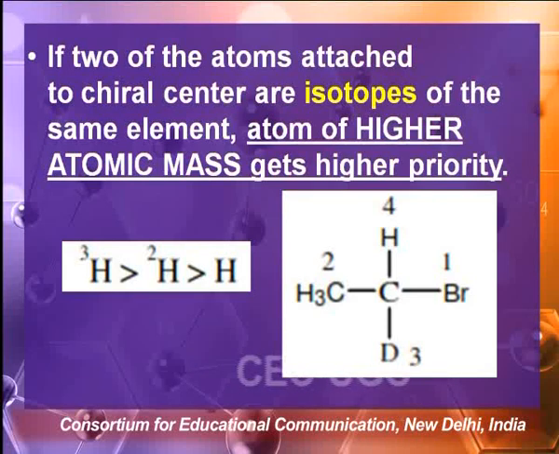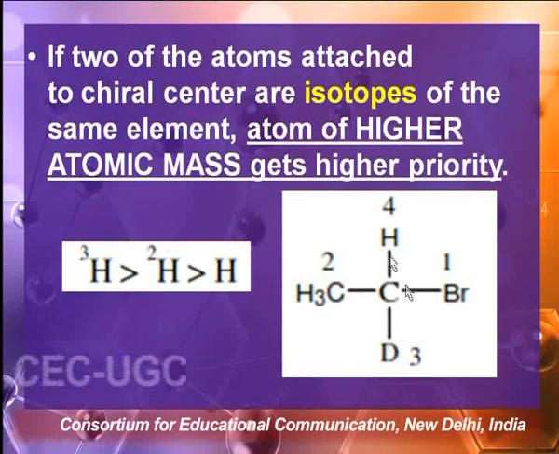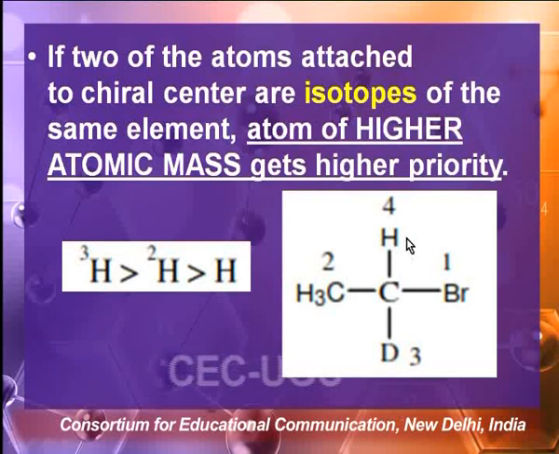And now, what if instead of atoms we have some isotopes of an element attached to a chiral center? In this case you can see that we have hydrogen and deuterium. We know deuterium is the isotope of hydrogen, that is protium, and here the 4 groups are bromine, methyl, hydrogen